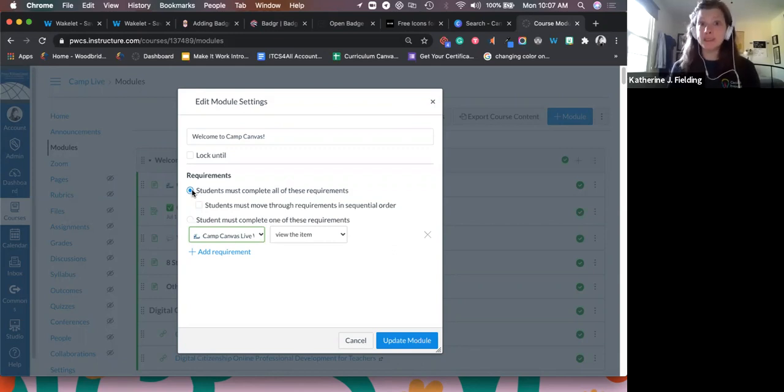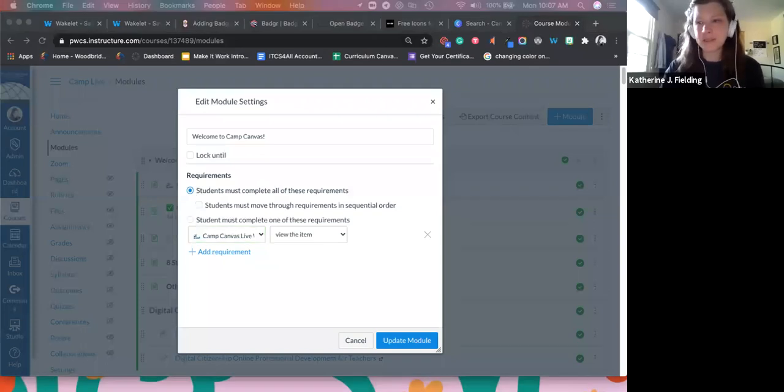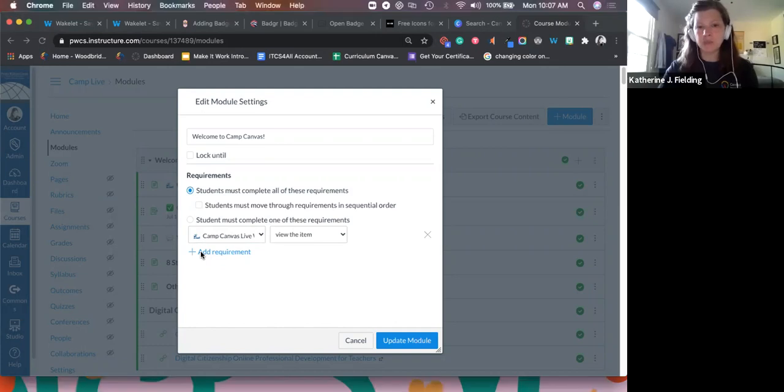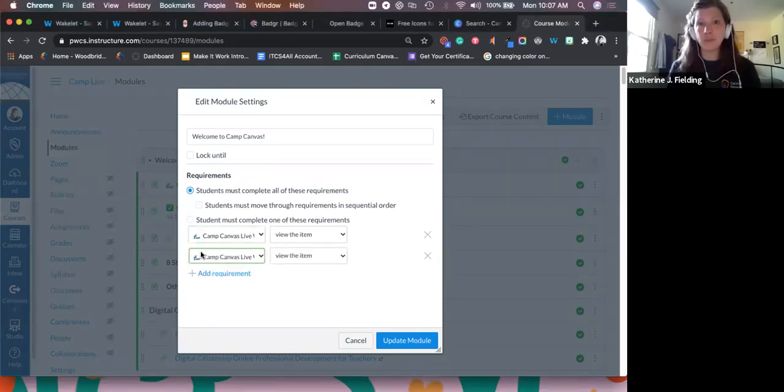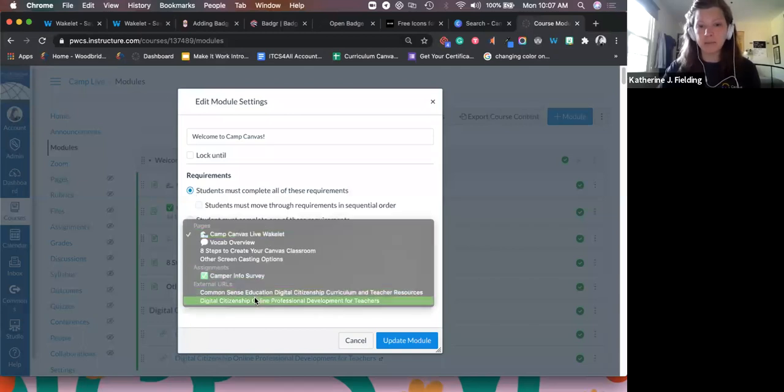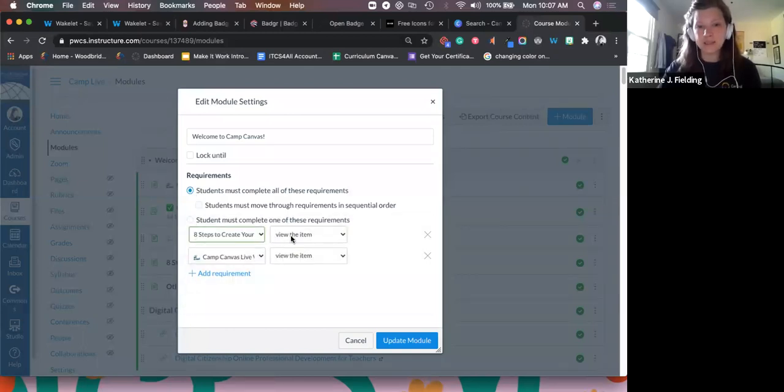So this is going to be really essential to set up now that we're remote learning, to helping students personalize their learning and self-pace their learning and knowing what to do when you're not there to help them. So if I clicked edit, and now I set the requirements, and it says students must complete all of these requirements. So it doesn't have to be every little item in your module. It can just be, if you just wanted to do badging and you just want it to be based on the summative assessment, you could just highlight the summative assessment and that they have to mark it